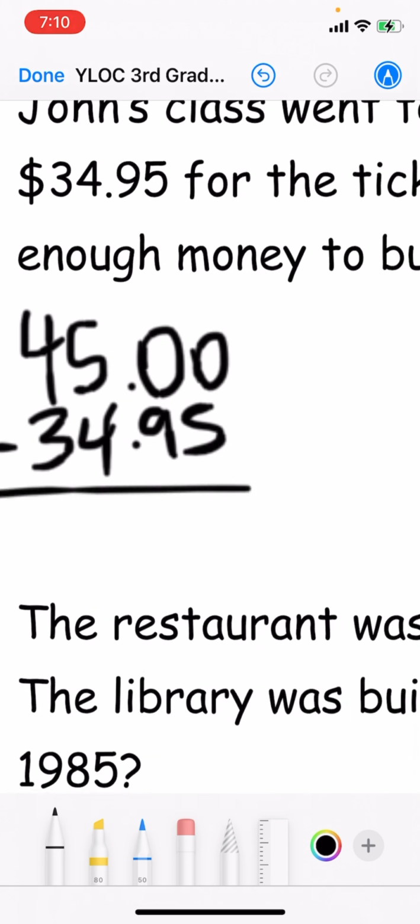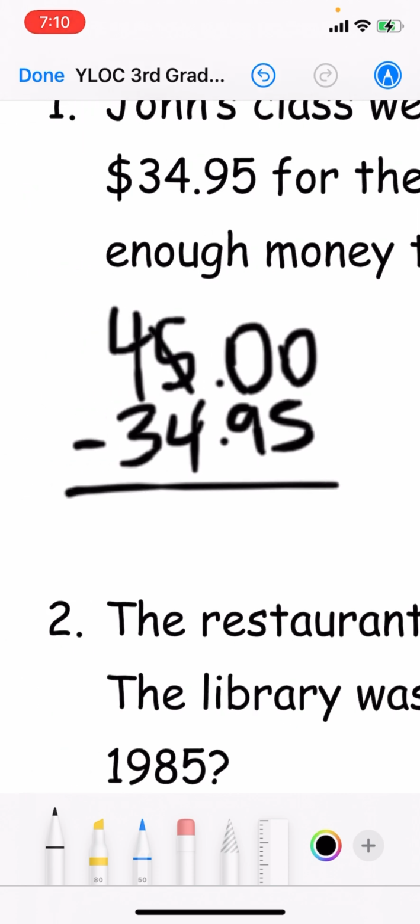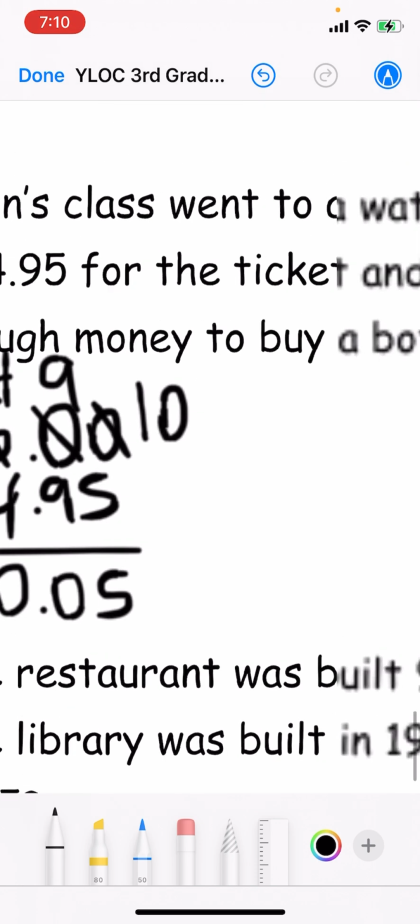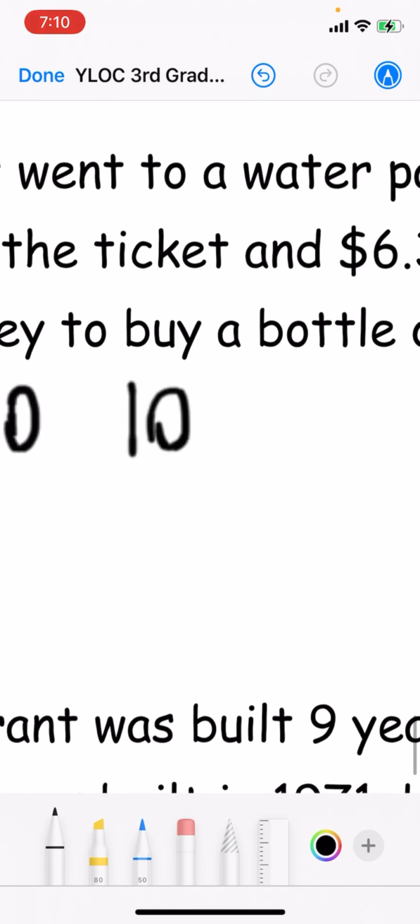So 0 can't subtract 5, and it can't borrow from the tens place, so we'll have to borrow from the ones place. 5 becomes 4, and 0 becomes 9, and 0 in the hundreds place becomes 10. 10 minus 5 is 5, 9 minus 9 is 0, and 4 minus 4 is 0, and 4 minus 3 is 1. So after buying the tickets, he has $10.05,